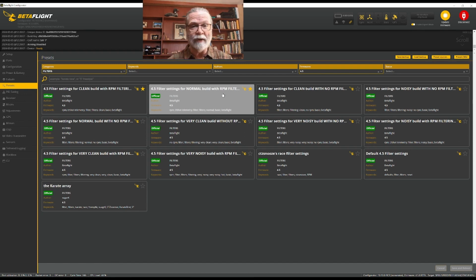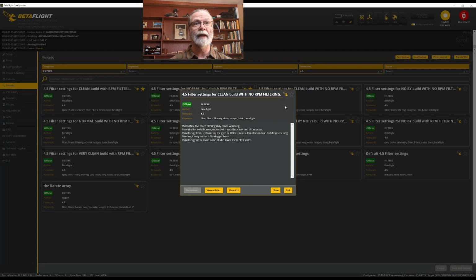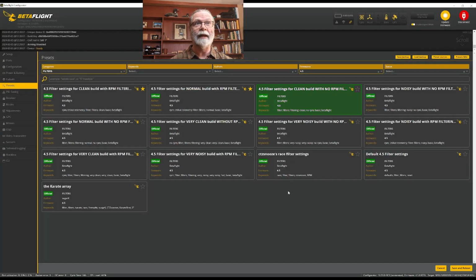So I am using a BL Heli S ESC that has BlueJ firmware on it. I consider myself to be an okay builder, and so I'm going to consider this one to be clean. I did use damping grease, and it's a brand new everything. And so I'm going to choose this as my filter settings. And just need to say pick. And now that I have done that,